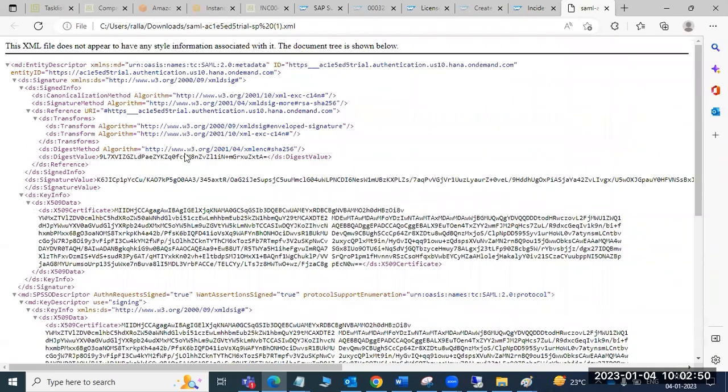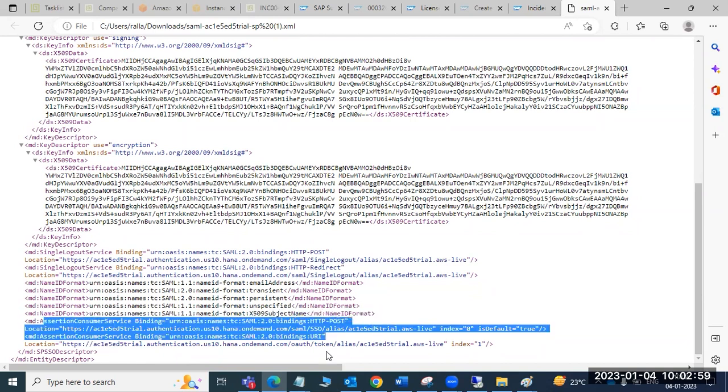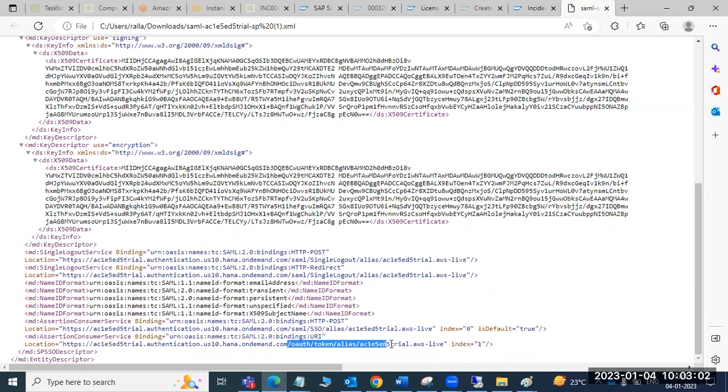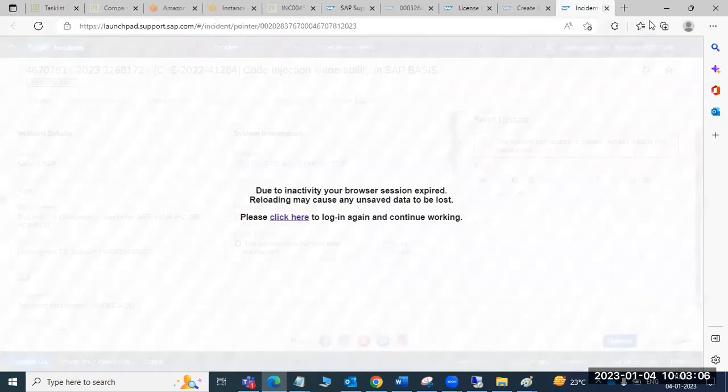Everything is available in this metadata XML file, so we can use this metadata.